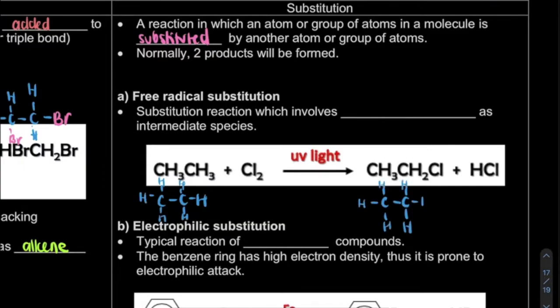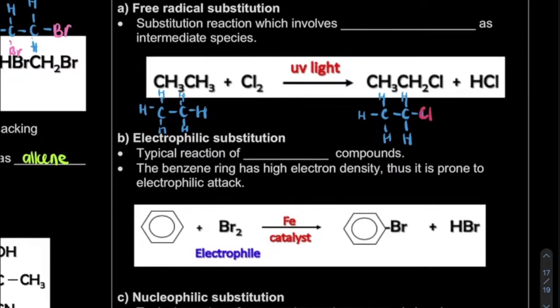Okay, so dekat sini, the hydrogen is substituted with our chlorine. Sebab dia adalah free radical substitution, so this substitution reaction involves free radicals as our intermediate species. Macam mana nak tahu dia free radical? Hint dia adalah